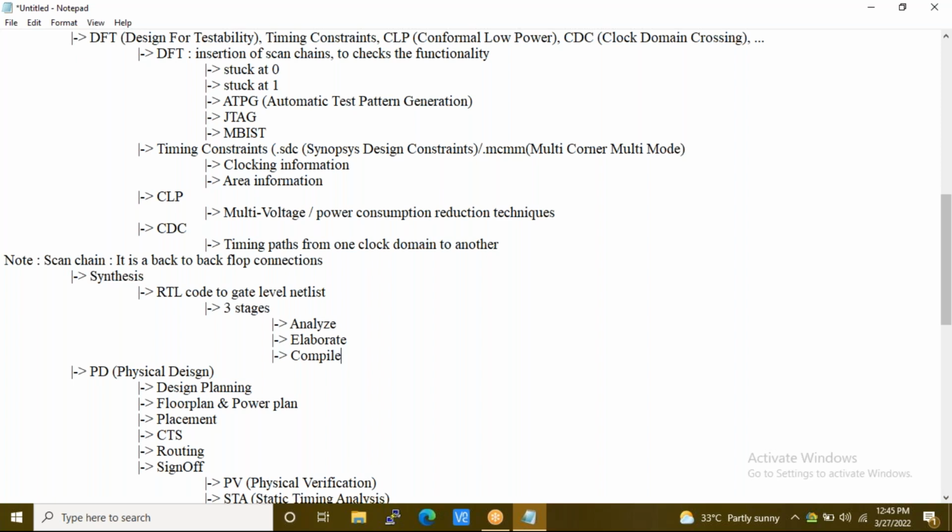Now, analyze means the tool checks for syntax errors. When we talk about elaborate, when we are converting this RTL code to gate level netlist, I want an intermediate stage to make sure that each and every representation has information to it.